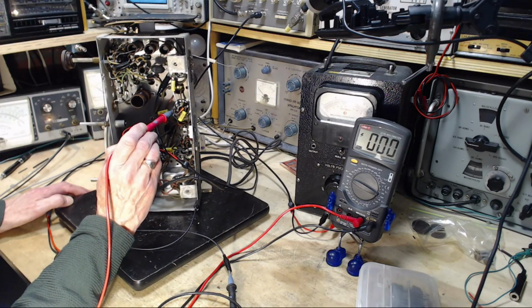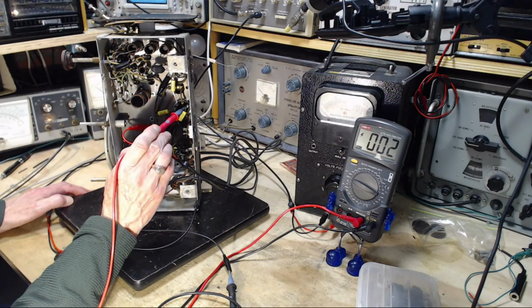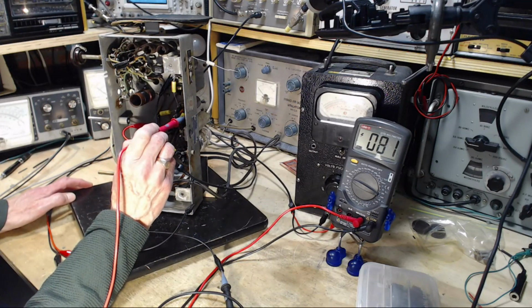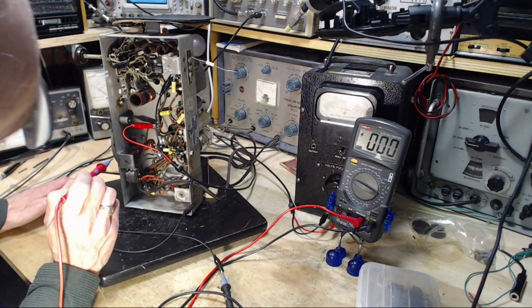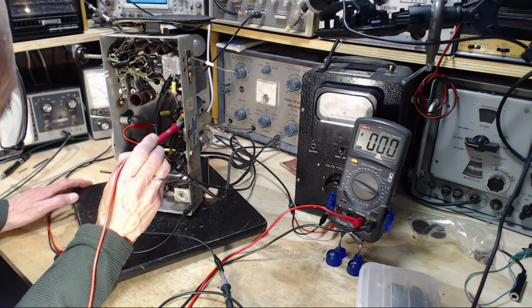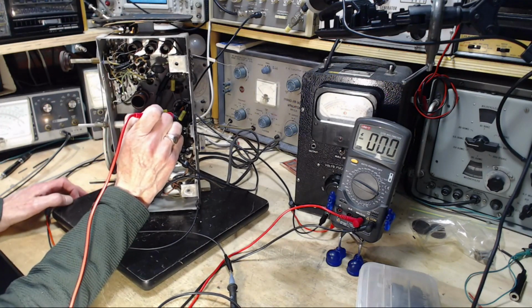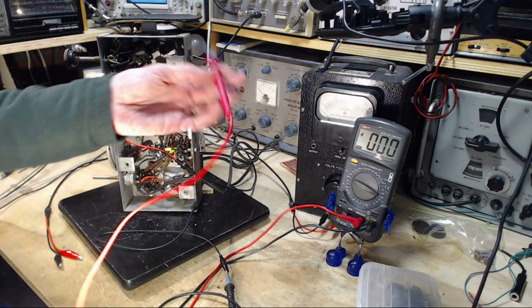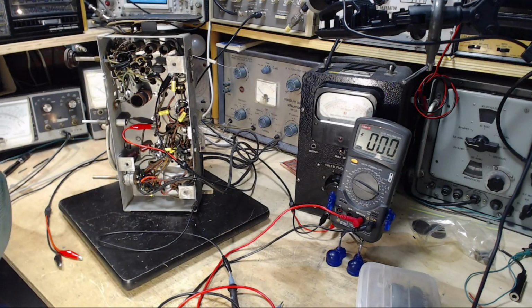This is all grounded here. There we go. What about here? No. How about here? So there's the 80 screen voltage. Let's see if we can find the higher. There's the higher plate voltage. So plate and screen voltages are normal in this radio, and the proper bias voltage is on the output tube,